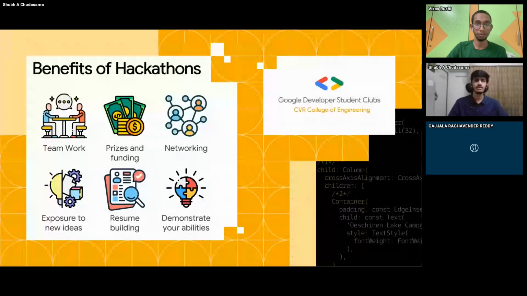Then there is demonstrating your abilities. Although hackathons have a competitive aspect, participants can show their skills and creativity. For example, if you know a framework or a language, you can showcase your skills in that language or framework by building projects in hackathons. You can also create real world solutions using the latest technology.